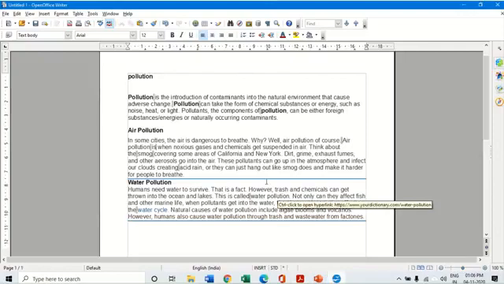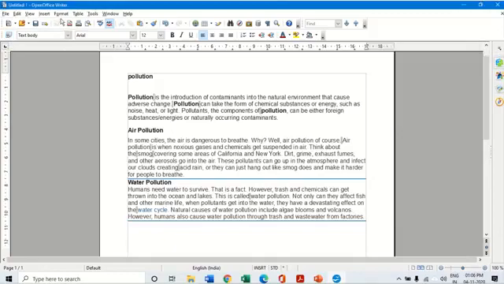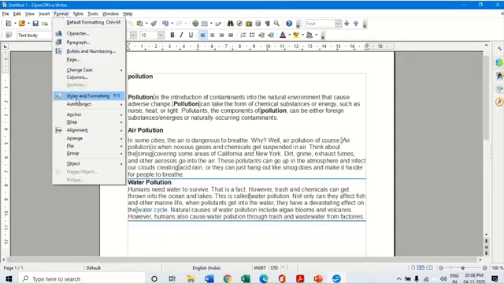Now, where do I get this formatting style box? That is, from where can I apply styles to my document? For that purpose, there are three ways in which I can do it. First is, on the extreme left of the formatting toolbar, I have the styles and formatting button. When I click on this icon, the window opens up for me. Another method is, I click on Format and click on Styles and Formatting.